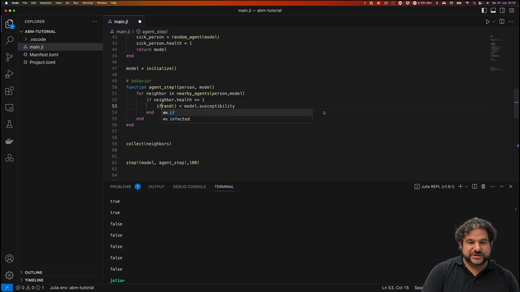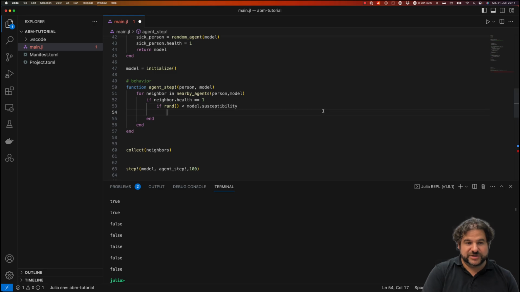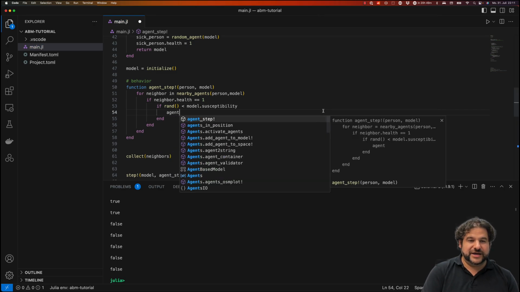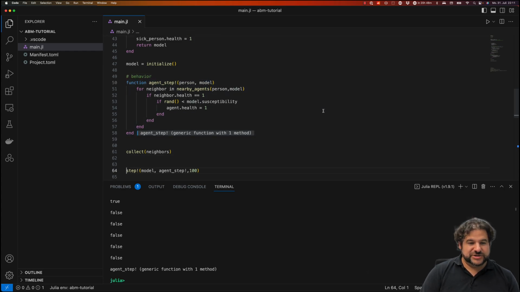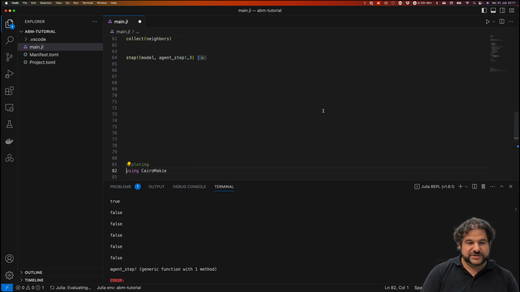So what we could do here is, if we have an event that occurs as frequently as this model susceptibility is determined, then the agent themselves should become ill. And if we do this, we now have an agent step function. And if we do, let's do only 3 steps. If we do this,